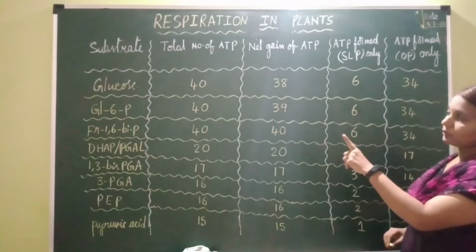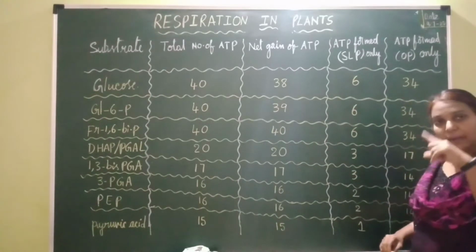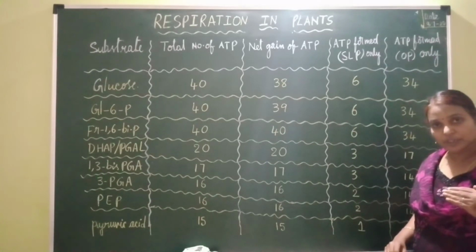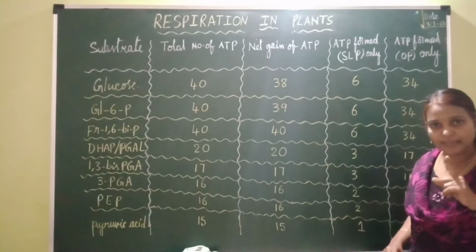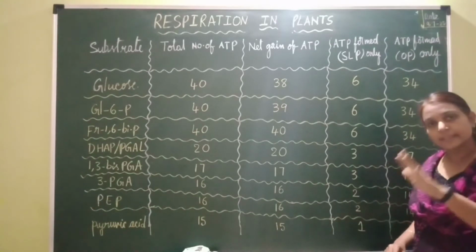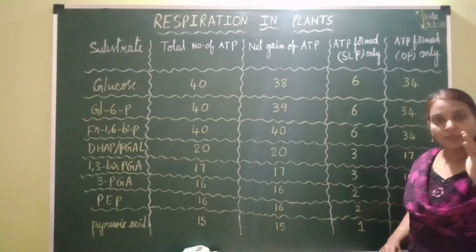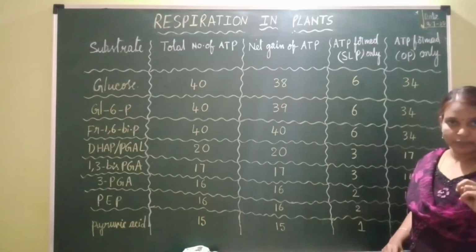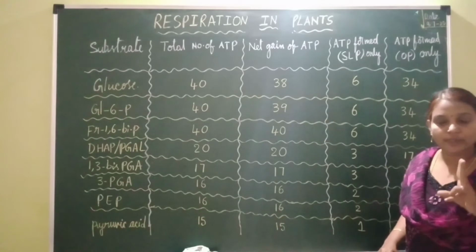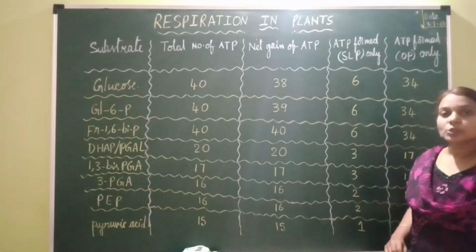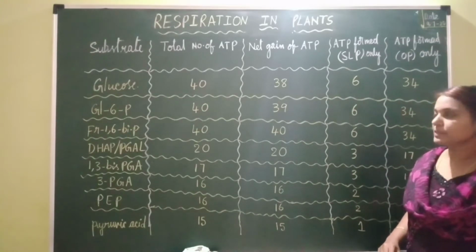For one molecule of glucose we have to consider 2 turns of Krebs cycle. Why? Because glucose undergoes partial oxidation into 2 molecules of pyruvic acid by the end of glycolysis. Those 2 molecules of pyruvic acid enter into the mitochondrial matrix where they undergo oxidative decarboxylation to form 2 molecules of acetyl coenzyme A. These 2 molecules of acetyl coenzyme A undergo complete oxidation by the end of Krebs cycle, by undergoing 2 turns of Krebs cycle.